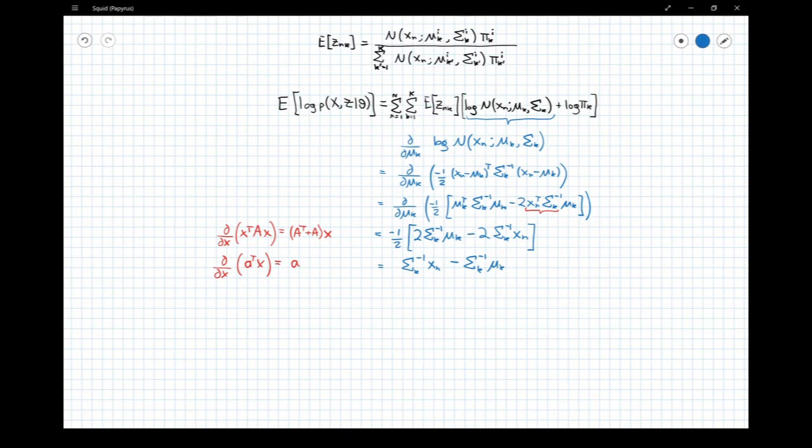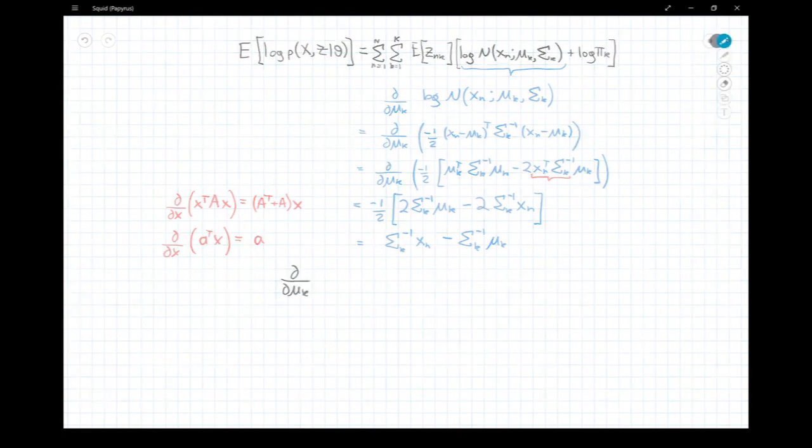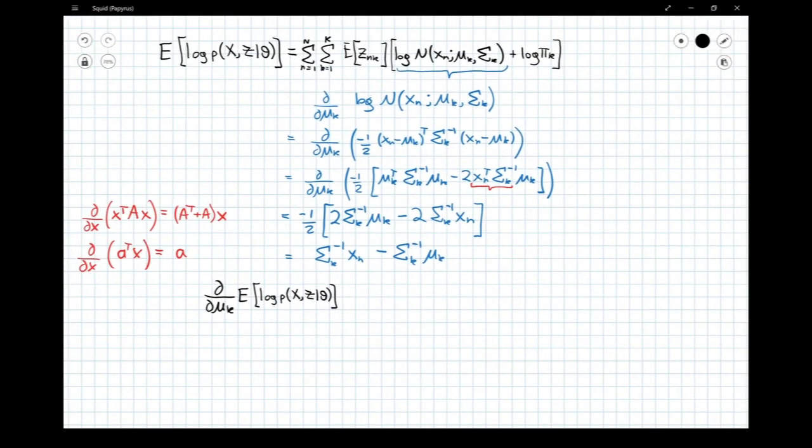So that means that the differential with respect to mu k of this thing is going to be equal to, so we're summing over k's here, but when we take the differential with respect to one of them, every term in this summation will disappear except for the one we're interested in. It's going to become equal to